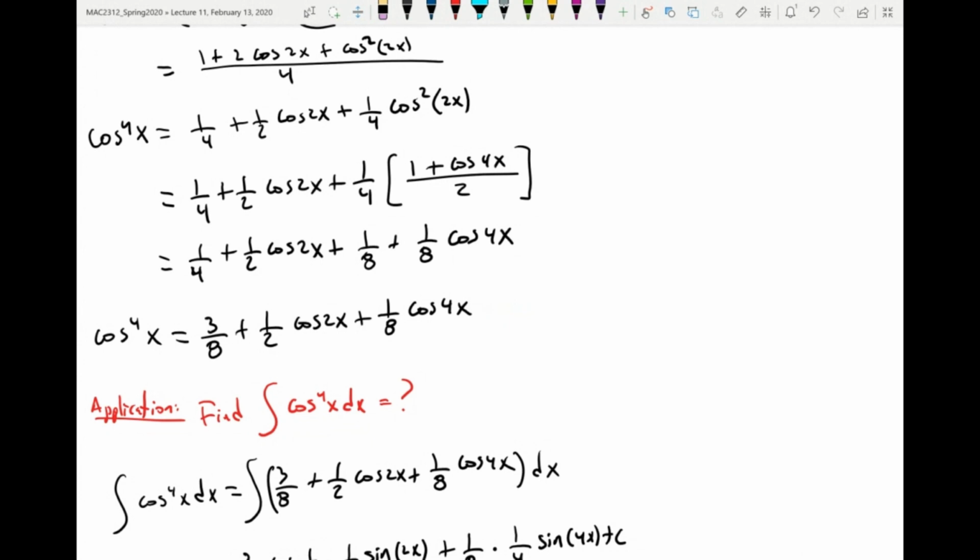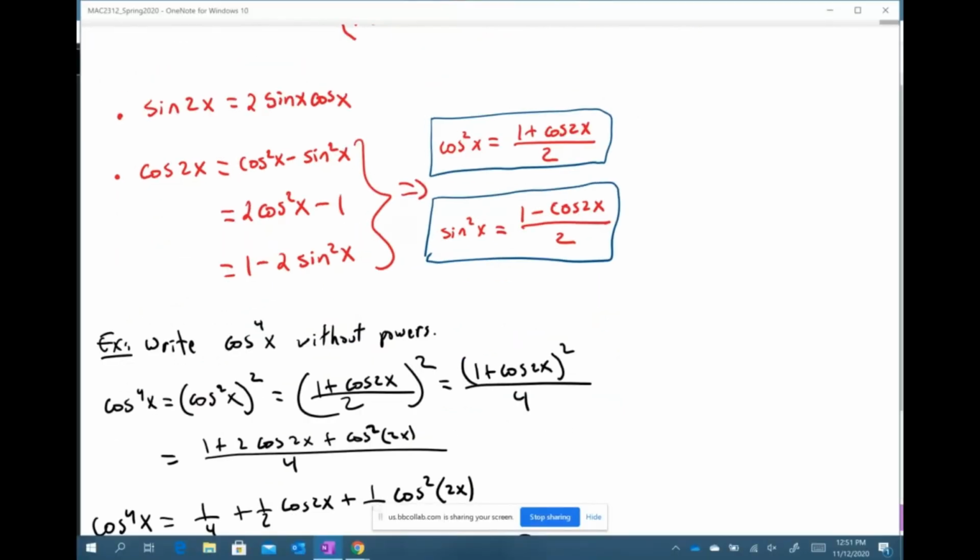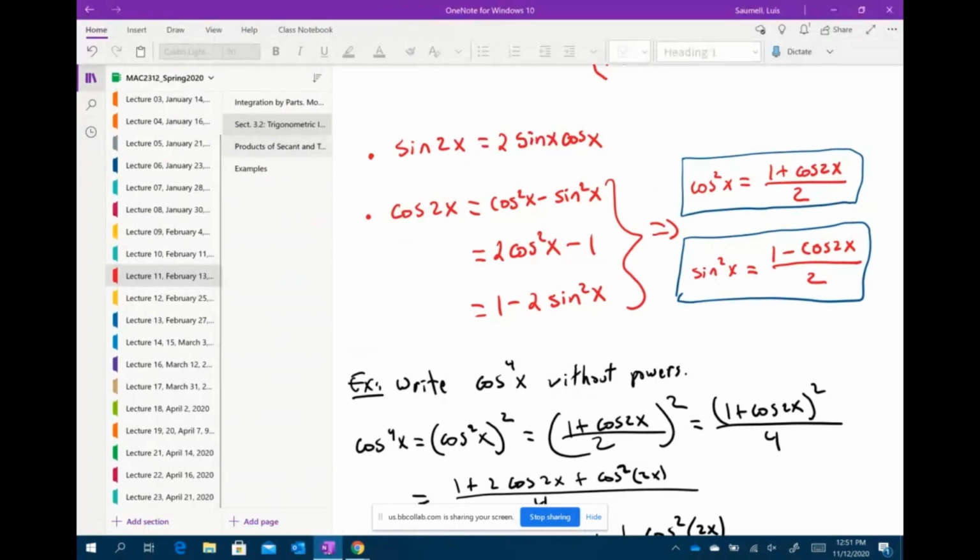But you see, here, to answer integrals about powers of sine and cosine, we have to use the Pythagorean identities. Okay, for sine and cosine, they will be very important for us. And then when you talk about trigonometric integrals involving products of secants and tangents,